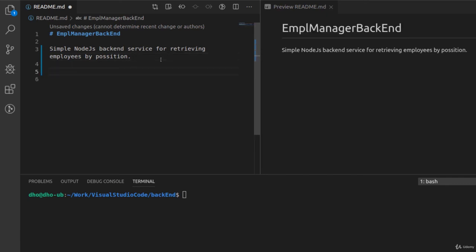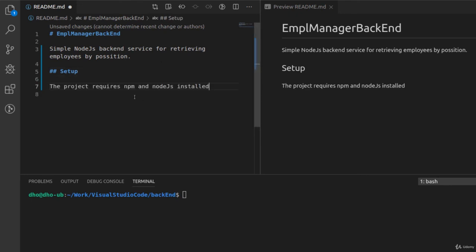We can now add a subtitle, and we do this with two hashes, and we will call this part setup. Here I will show how this can be set up. I will say that this project requires npm and node.js installed. Let's add another subsection for the build. I'll call it build